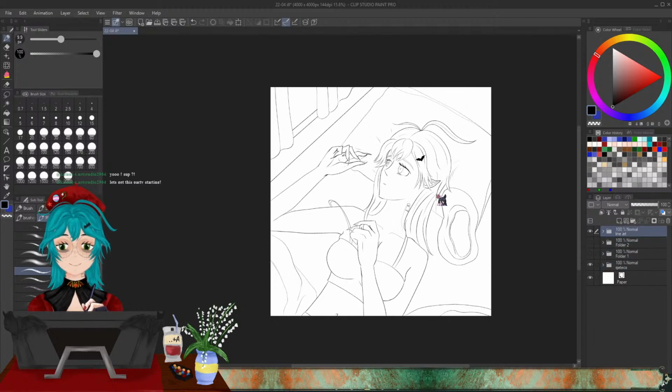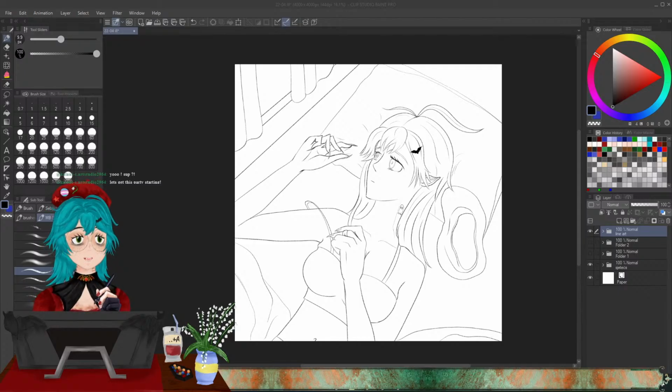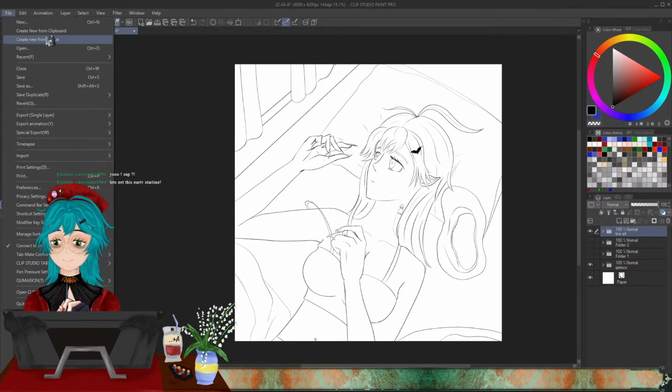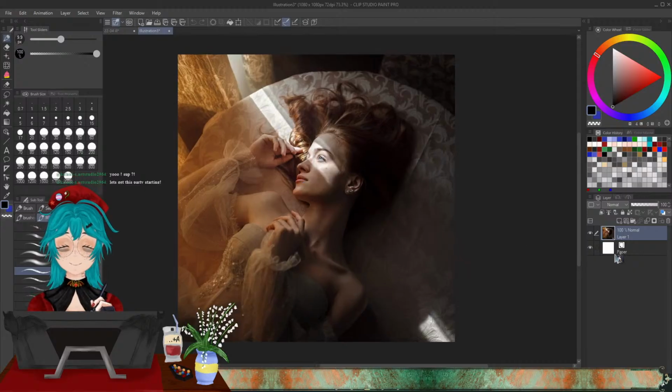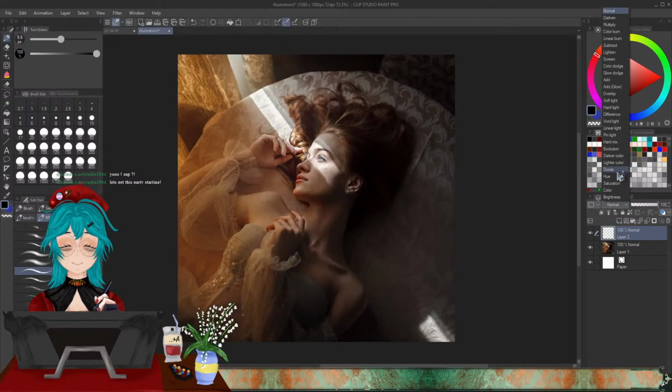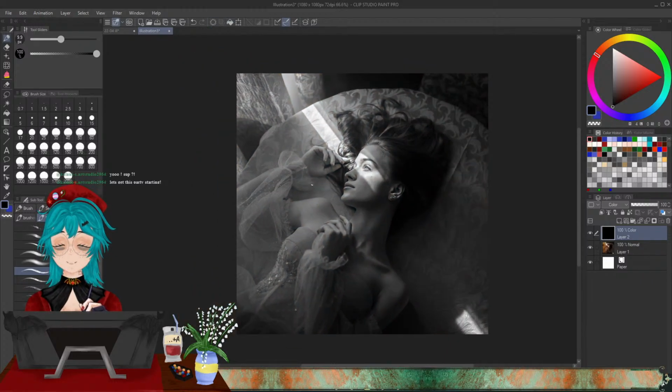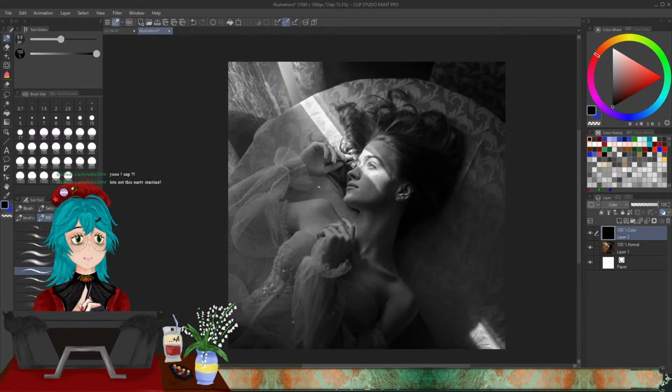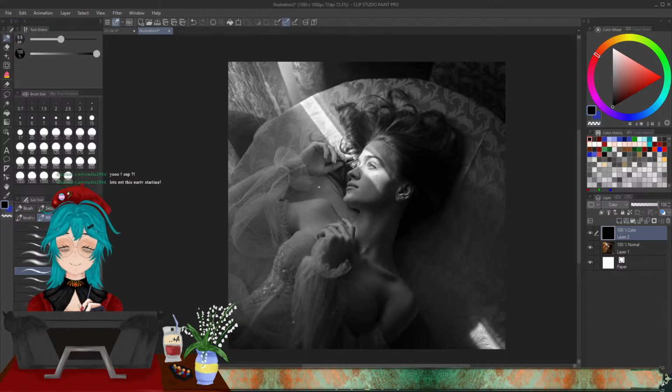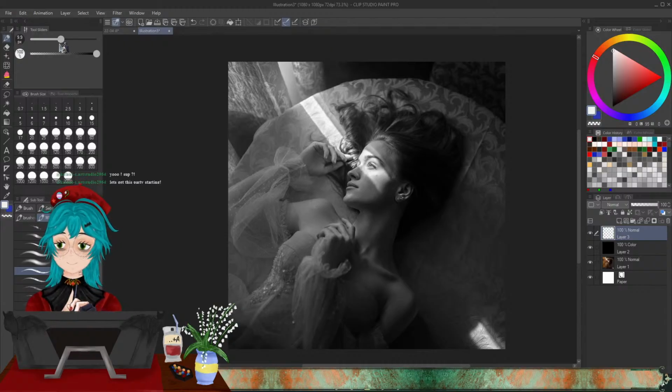So I'm going to start checking the values of our reference image. So new layer, we put on the color mode and flow. Okay, we have a grayscale to check the tones, so we can see that we have a very